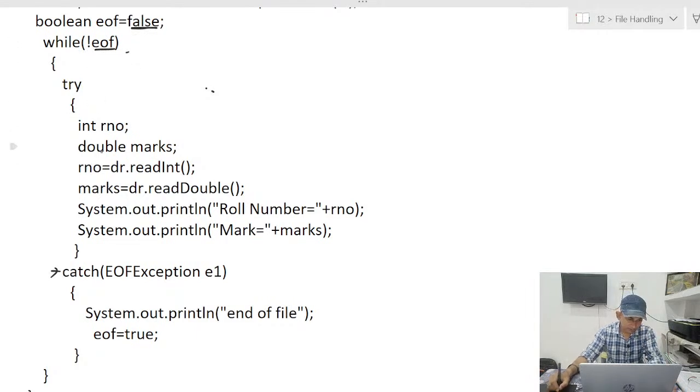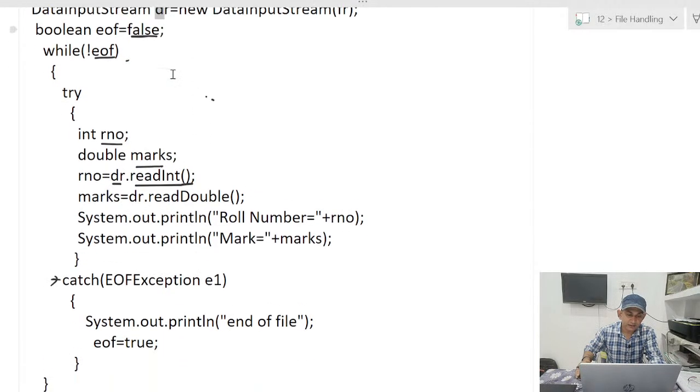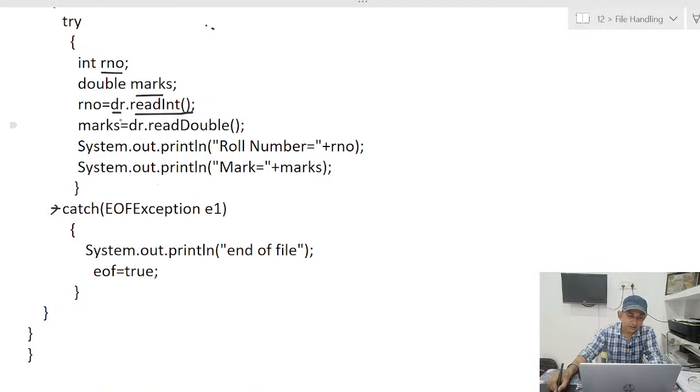देन ट्राई ब्लॉक में आते हैं। हियर वी हैव टेकन वेरिएबल this read int function dr is the object which will of which class, data input stream class dr, and this is here to read the data from the file। अब यहाँ पे ये जो read int function है, ये डेटा कहाँ से रीड करेगा, फाइल से, जिस फाइल से dr कनेक्टेड है। फाइल का नाम marks.dat। तो ये read int, मतलब एक इंटीजर वैल्यू फाइल से रीड करेगा और RNO में स्टोर कर देगा। उसके बाद ये read double फंक्शन एक डबल टाइप वैल्यू रीड करेगा और मार्क्स में स्टोर कर देगा। हमने इसी सीक्वेंस में स्टोर भी किया है, रोल नंबर, मार्क्स, तो उसी सीक्वेंस में हम रीड भी कर रहे हैं।